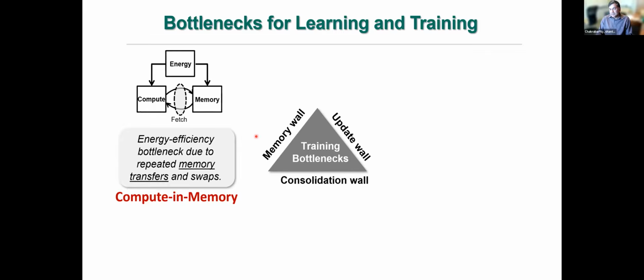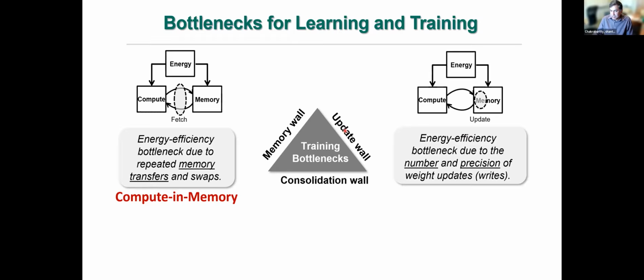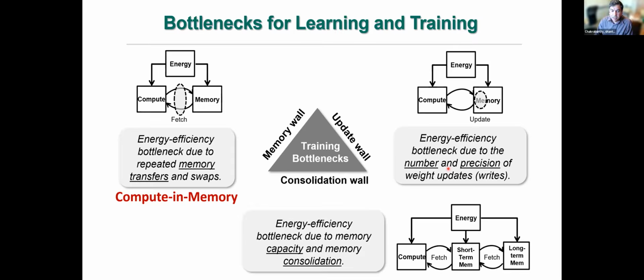But for training, you have these other 2 performance walls that you have to worry about. First, for standard computing like inference, you might get away with 6 bits of precision or even 8 bits of precision. But for training, the resolution of precision matters. And then typically the write energy to update the parameters in a memory is higher than the energy of reading the memory. That may not always be the case, as maybe in molecular memory that might be a different trade-off, but at least in a standard semiconductor memory, that's one of the challenges. The other